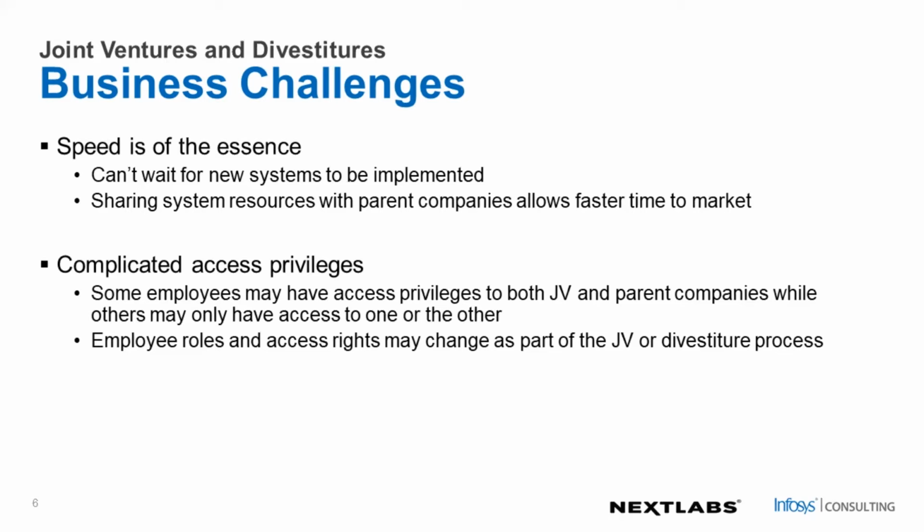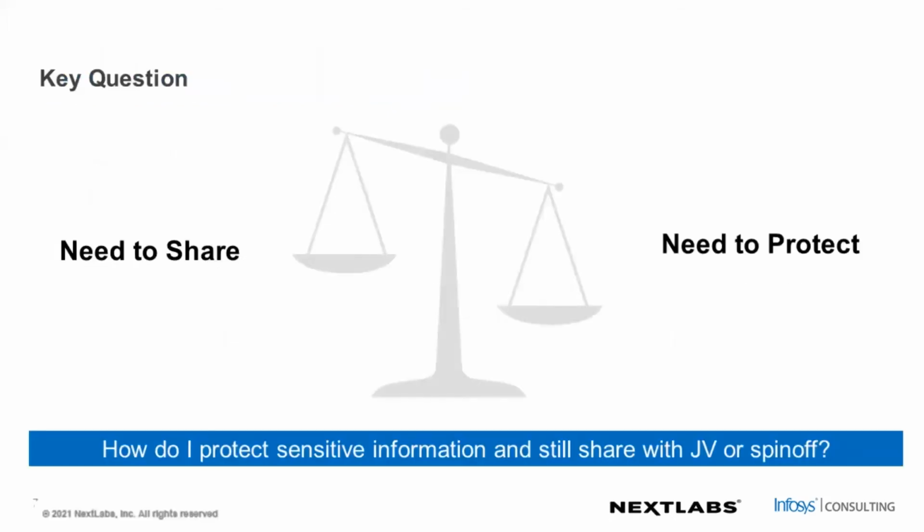So all those really pose a big business challenge in terms of making the business operational in the new environment after the JV or spin-off on day one. And this is something that poses a key question on what is the fine line, or how do I protect my data and also sustain the business by sharing the data between a joint venture or a spin-off. So a fine balance or a trade-off between your need to share data as well as the need to protect